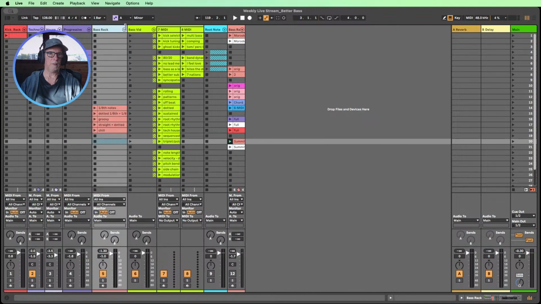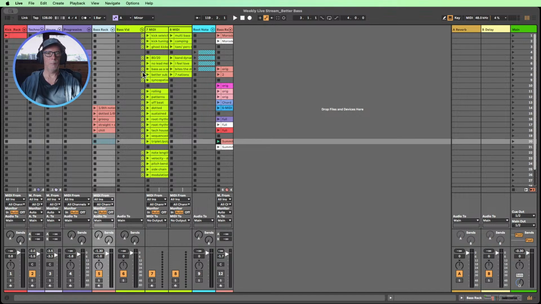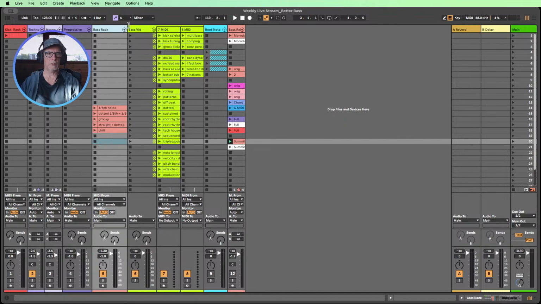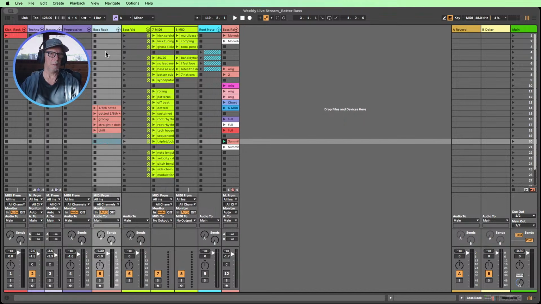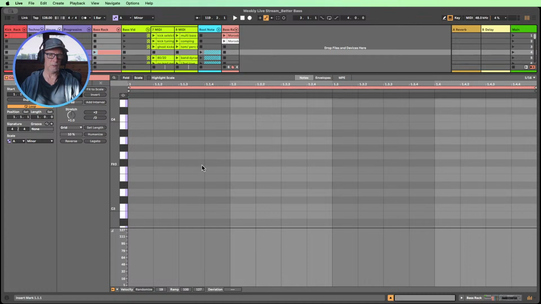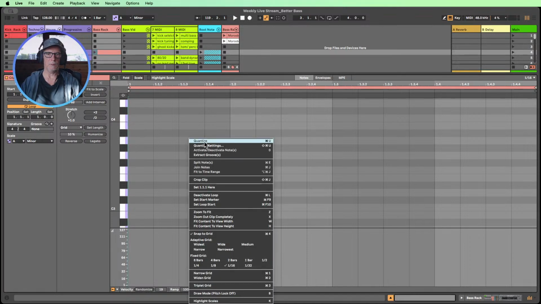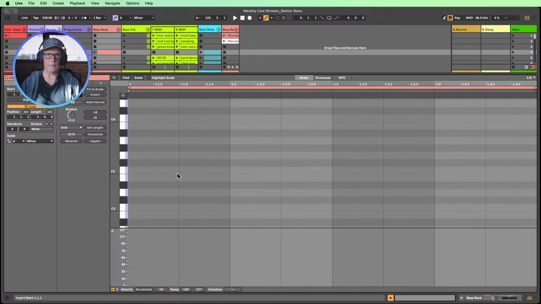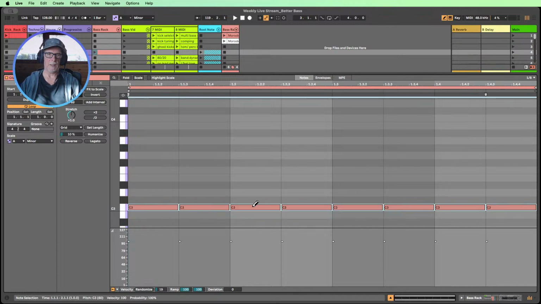So now let's look at some different patterns, just simple bass patterns that we probably should have in our locker. We've looked at rolling and offbeat, and you can do lots and lots of variations of those that just pedal on one note or a little bit of pitch change like we just had. What are dotted notes? So let's say we do one clip that's just straight eighth notes, which is a very simple bass line. So let's say we turn on eighth notes in the background here, and we do simply with our pencil right across here, eighths.